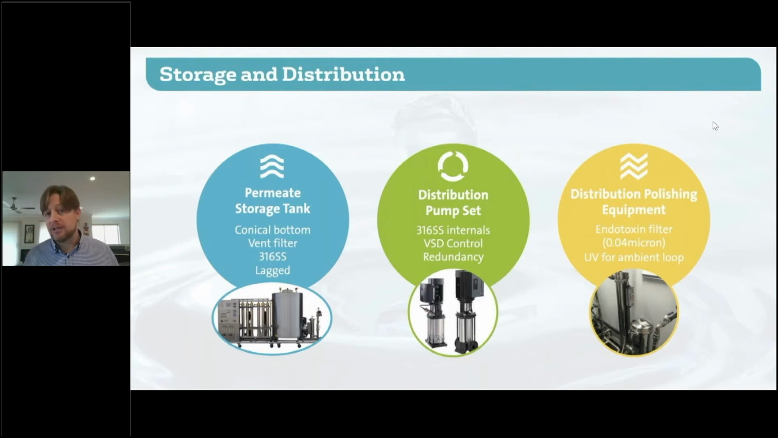Then you've got your distribution pump set, which again, you've got high purity water, so you need to make sure that you've got 316 stainless steel internals. You also need to make sure that you've got some sort of VSD control on the pumps so that they can ramp up to maintain water flow around the loop, even when machines are drawing water. So they'll speed up as machines draw water, and then they'll just ramp back down again, so that you've always got water flowing around the loop